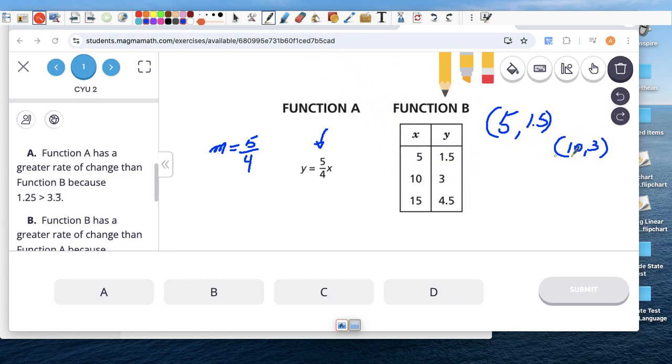But so if we do that and we subtract, right? So again, I would find the slope. So if you did it on a table and you found the difference here and found the difference, that's the same thing. But I'm going to do it the other way. So y2, let's make this x1, y1. So if we subtract 3 minus 1.5, and then we subtract 10 minus 5 at the bottom, we get 1.5 over